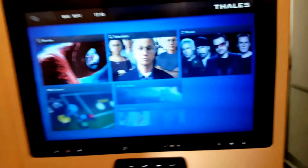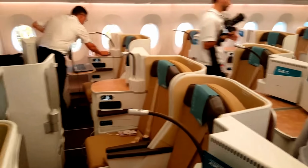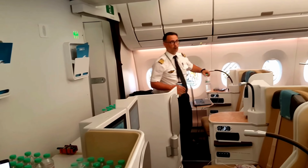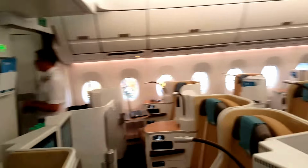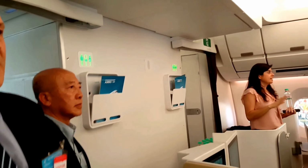So this aircraft in typical configuration with business, premium economy, and economy has about 366 seats. So it's really a large twin-engined wide-body aircraft. So we have at the moment